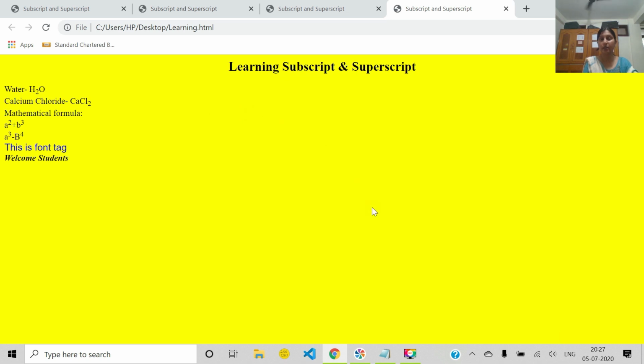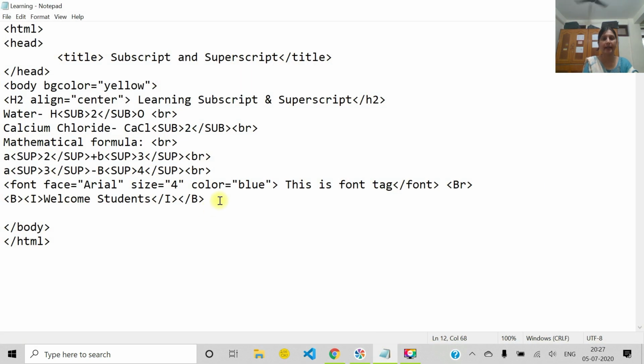Now if you want underline also, I will go to the notepad again. Which tag shall I add? Underline. And for underline, which tag do we use? U tag. Now when closing, which one will we close first? U tag. Underline.